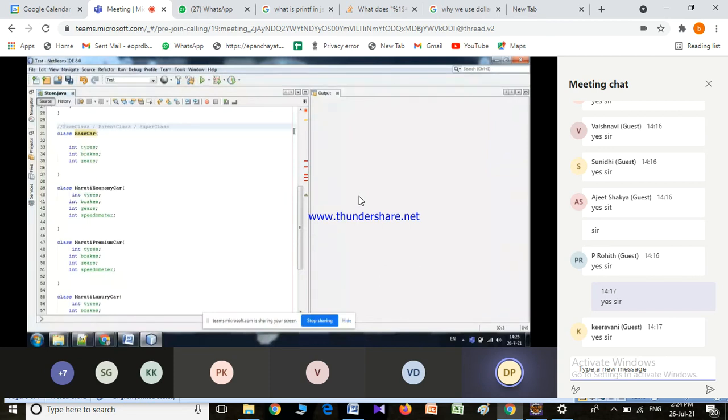We will name this one base class or parent class or super class. This one will be the basic one, which will have all the common properties that need to be shared across the cars.